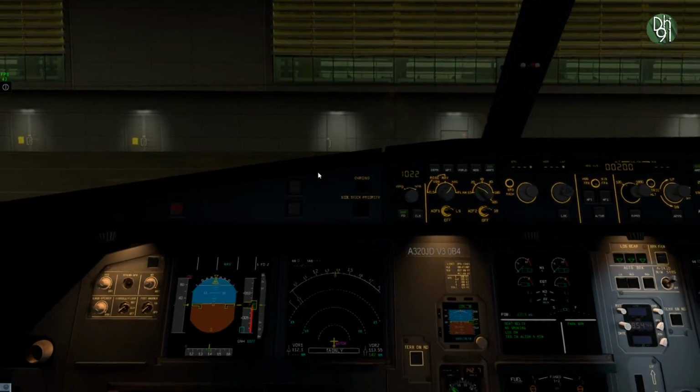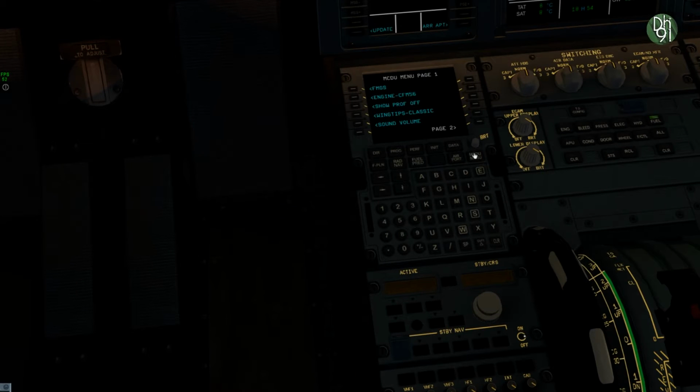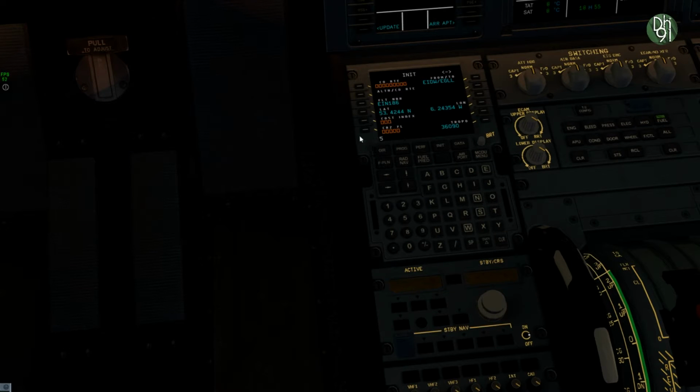Alright, let's jump back down here and let's go into our MCDU. Let's go to the INIT page and let's get going here. So we are going from Echo India Delta Whiskey to Echo Golf Lima, Dublin to Heathrow. Our flight number today is EIN, or Shamrock 186, which is the evening service. For the service, we're going to start the IRS aligning. Our cost index today, which I believe Aer Lingus uses 5, and the cruise flight level, which we can make it to on this flight, is 330. So that's all in, and